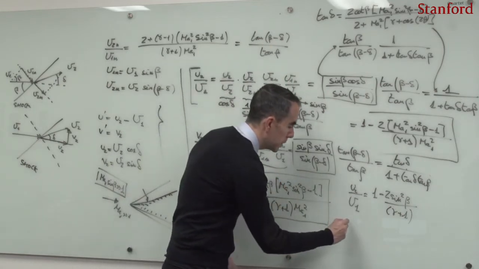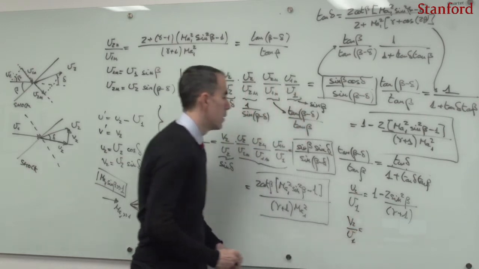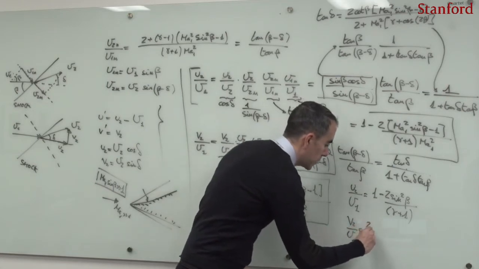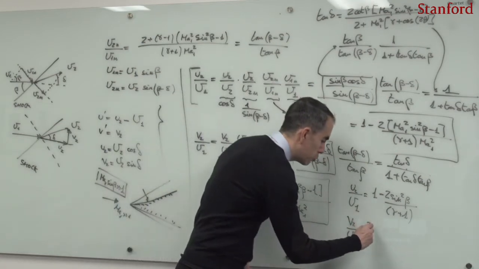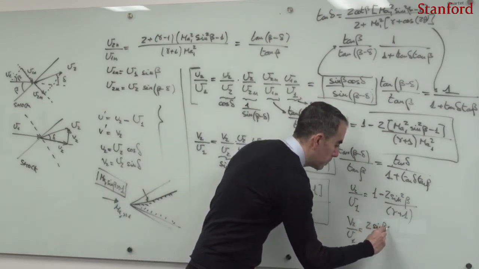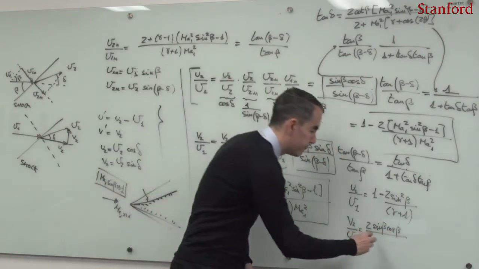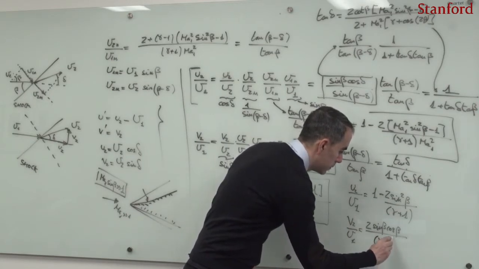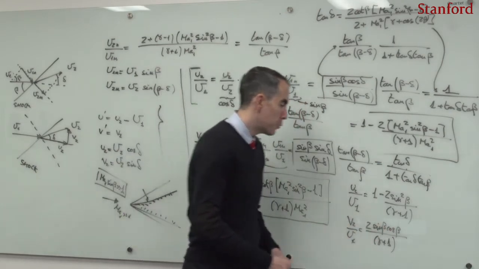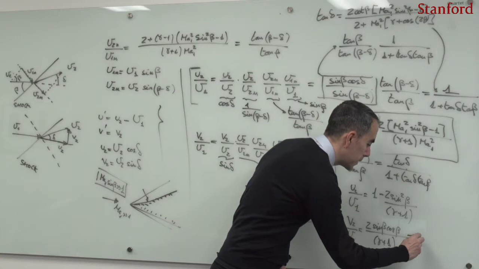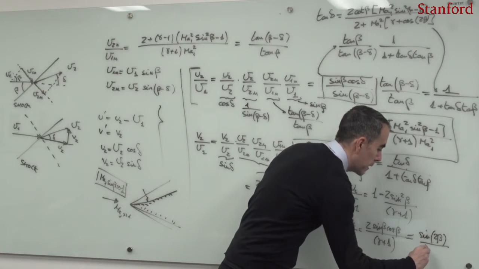Whereas for the vertical velocity, it will be v2 divided by u1. That will be twice the cotangent of beta multiplied by the sine squared of beta, so that is going to be equal to the sine of beta multiplied by the cosine of beta, and below I'm going to have a gamma plus 1. If you recall from trigonometry, twice the sine of beta multiplied by the cosine of beta is equal to the sine of twice the angle beta. So this will be equal to the sine of 2 beta divided by gamma plus 1.